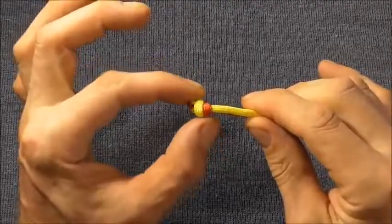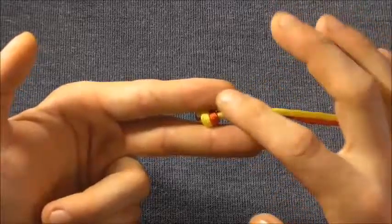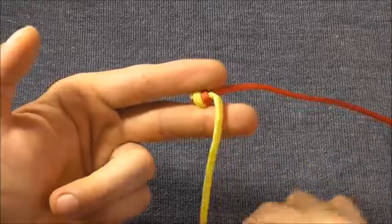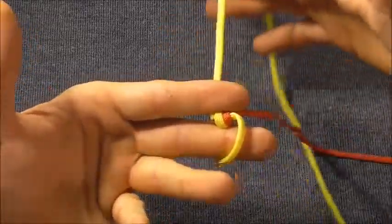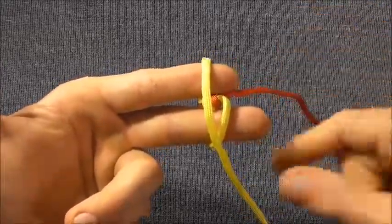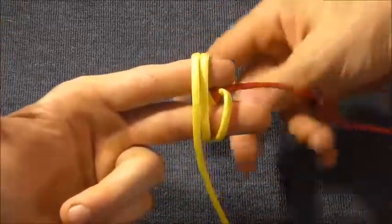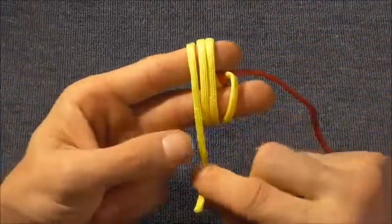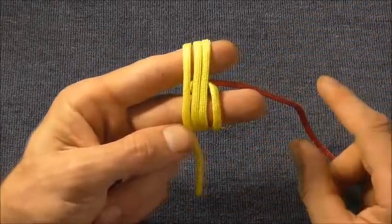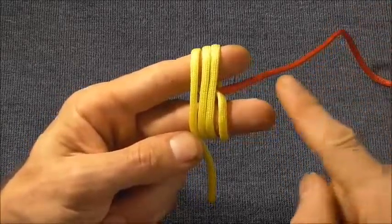So once we've tied our overhand knot, I just want to place that in between my 2 fingers here, and then I'm going to take the shorter of the 2 strands and I'm going to start wrapping that around my 2 fingers, going around in this direction here. And we're going to take 3 wraps. Just tuck that knot underneath the wraps here,